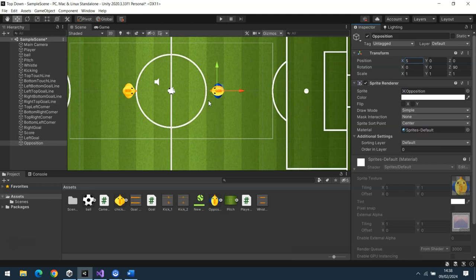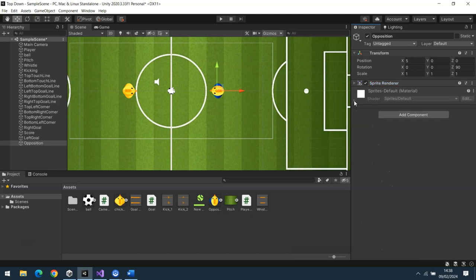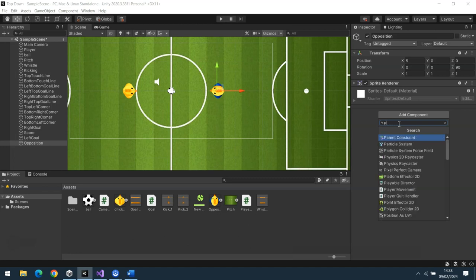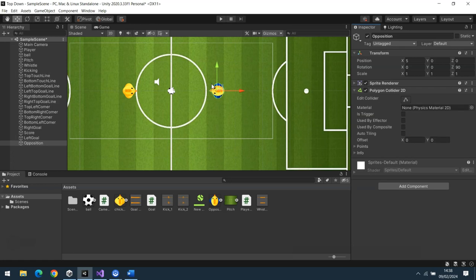Right, so at this point in time, I haven't got anything set up on it, so the ball and the player will literally run straight through him. So we need to add a box collider, or a collider, I should say. And in fact, I'm going to use a Polygon Collider. I spelled polygon wrong. That'd be a good start, wouldn't it? And that basically then puts a collider around his entire body. So if the ball hits his beak, if it hits his bum, if it hits his arm, it will bounce off in some